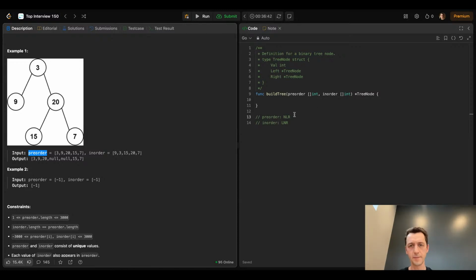Node, left, right. So when we see a 9 in preorder, we know for sure that 9 is itself